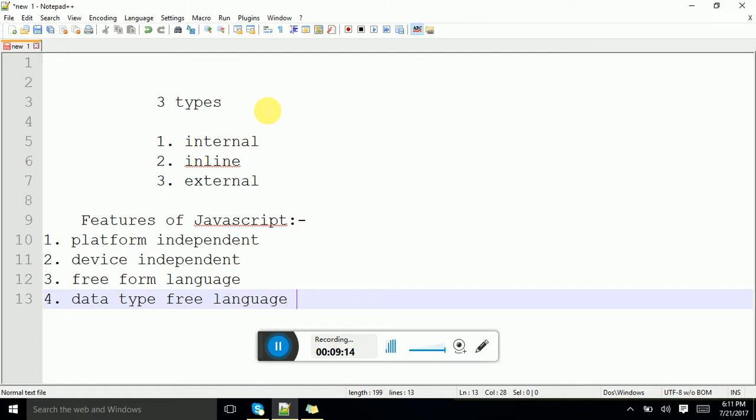Datatype free language. What's the meaning of this? See, if you go to C, C++, Java, etc. languages, there we have different types of data types. Let's take an example: int, float, char, etc. When it comes to JavaScript, we don't have any data types like that, int, float, char, whatever it is. We have only one data type, that is var,